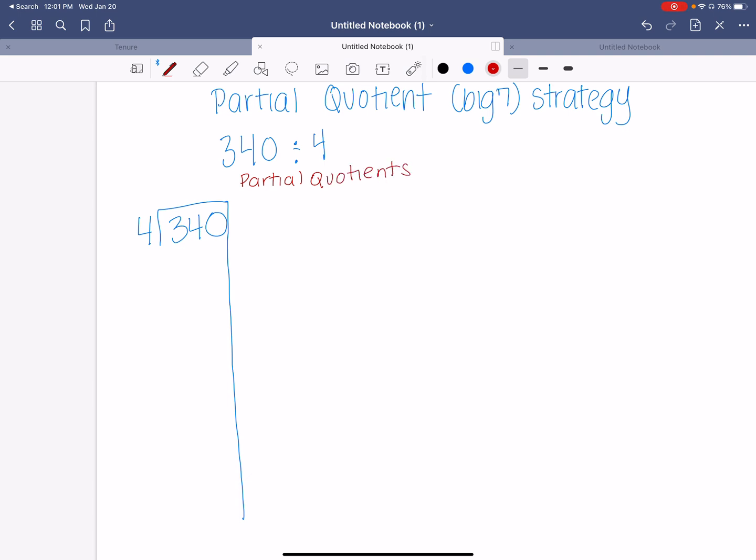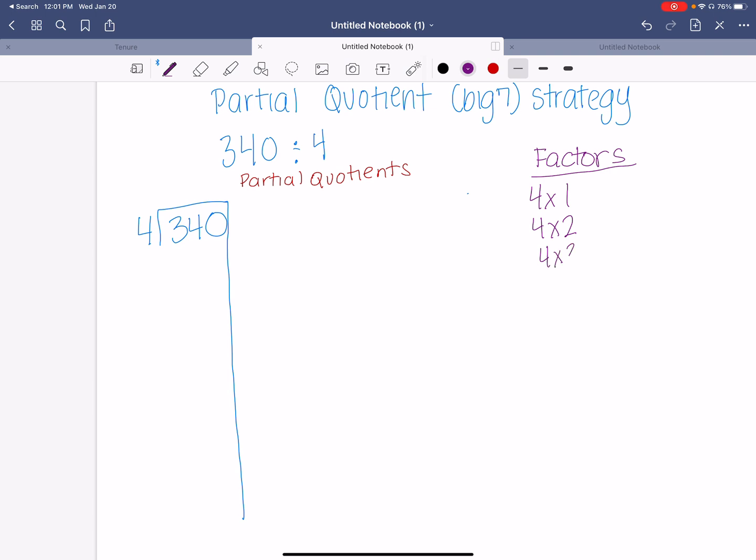Now remember what I told you guys, it's a good idea to kind of make a list of our factors on the side so that we have an idea of what we can use to find our partial quotients. Now, it's not necessary for you to do these factors, but it is easier to help you keep in mind what numbers you will be able to use. So I'm going to just start with